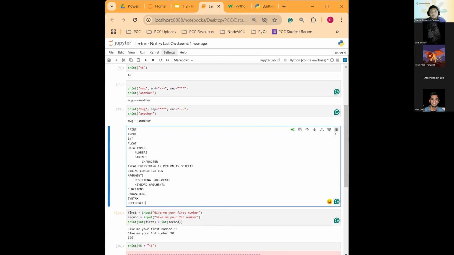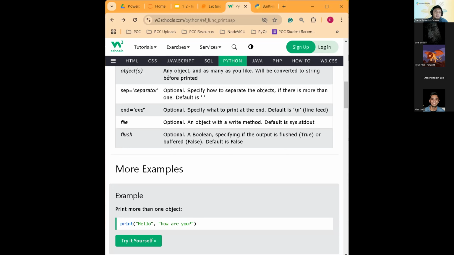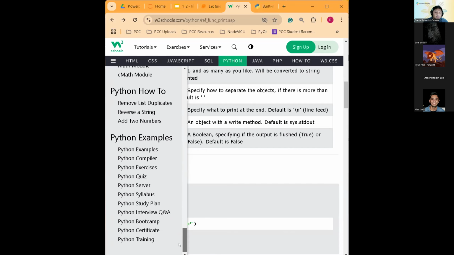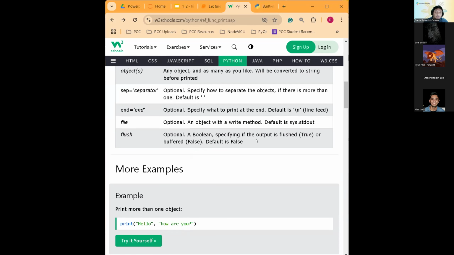So there are a lot of functions that we're going to learn from then on. And what I'm trying to teach you here is how to read a function, the syntax and how to use it, so that you can read new functions by yourself and explore further. Okay? Because if we are going to discuss all the functions available in Python, then 10 sessions won't be enough. So I am equipping you with the skill to read it so that you can do it by yourself. All right. And with that,